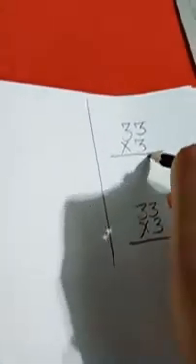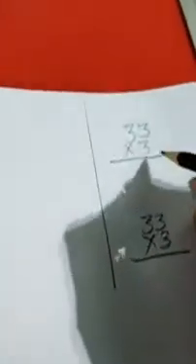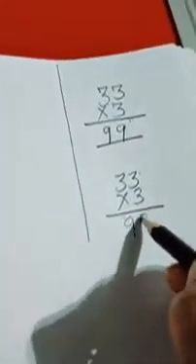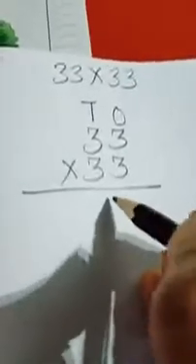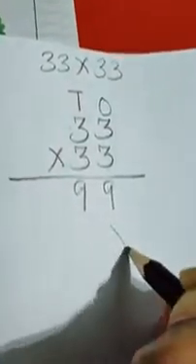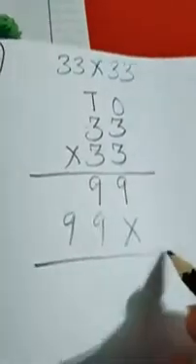So we will not write 2 times, we will do the multiplication 1 time, but we will write here 2 times. So here what you will get, 3 threes are 9, 3 threes are 9, so we get 99. Again here we will get 99, because the numbers are same. So how will be the writing style? Here we get 99, here cross, and we will start like this, we will write.